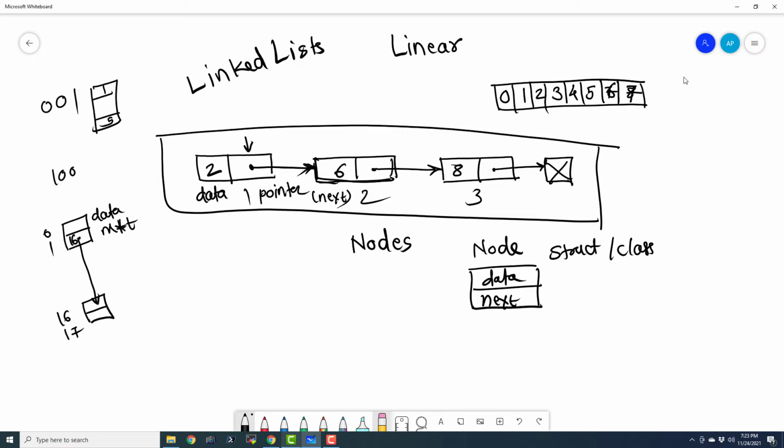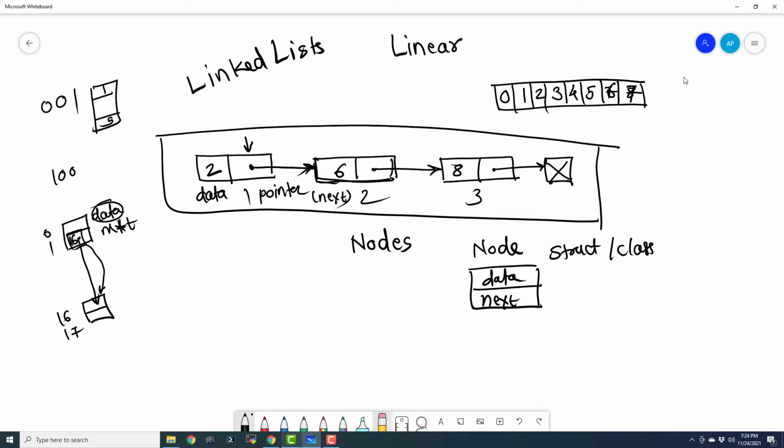Whenever we write a program, we fetch the data from the data part, then we fetch the address from the next part, and then we directly jump to that place. This is what we call a link. So basically a link is nothing but the address of a memory location. That is how it works at system level. If you have ever worked with assembly level programming, then you must have seen all of this stuff in action.